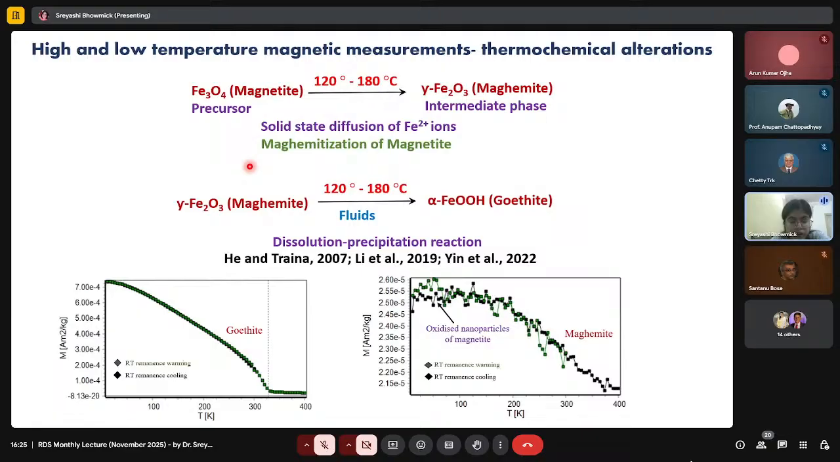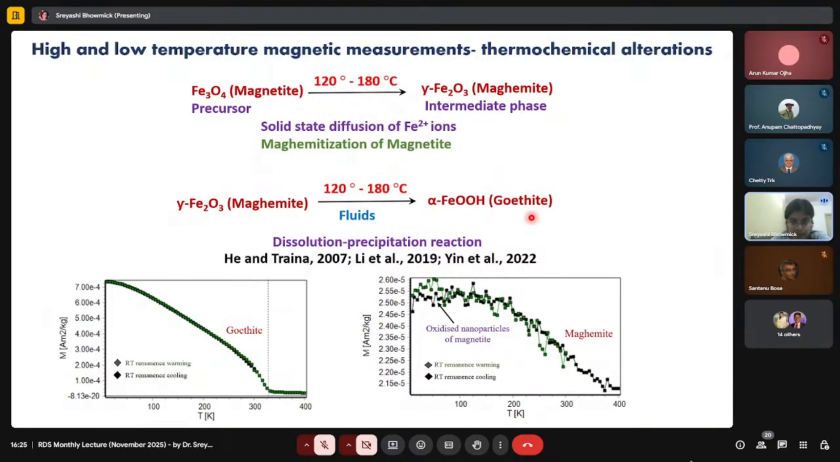Now, in our case, the limestones, which belong to the Barkhokba formation, contain this kind of magnetite grains, and this can undergo solid state diffusion due to frictional heating and produce an intermediate phase, which is maghemite. So this is called maghemitization of magnetite. Now, this maghemite, in the presence of fluid, which is very localized, and frictional heating,